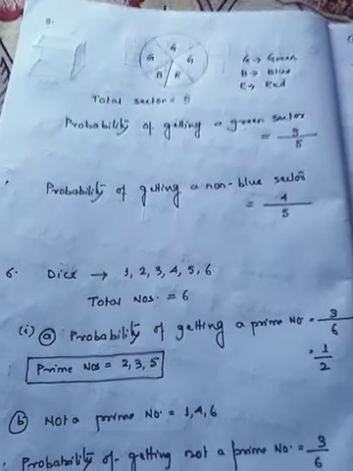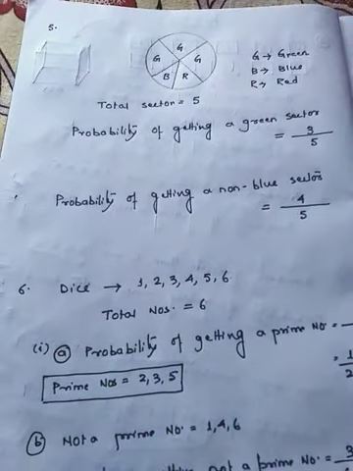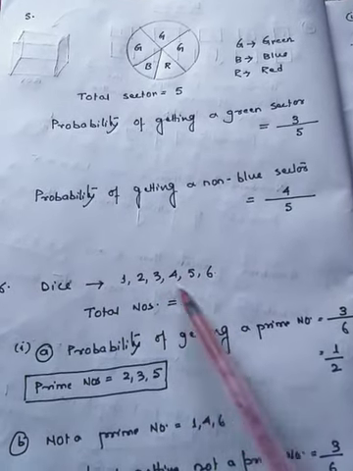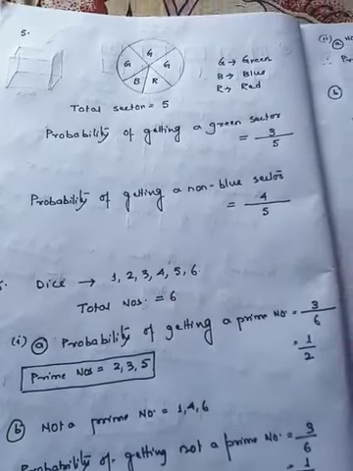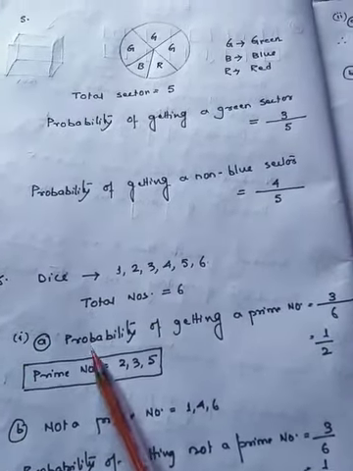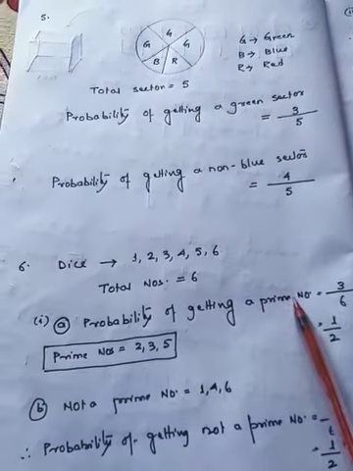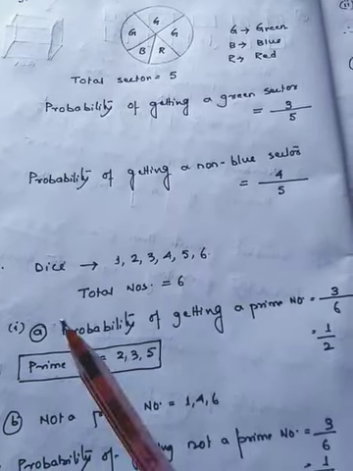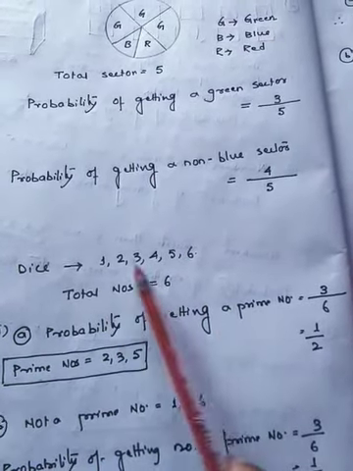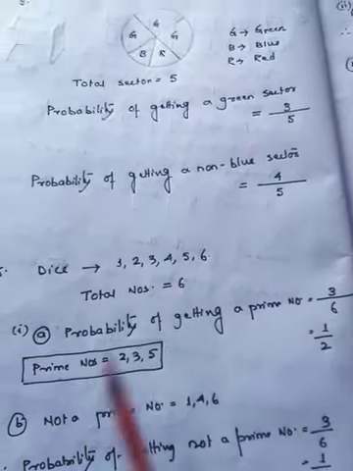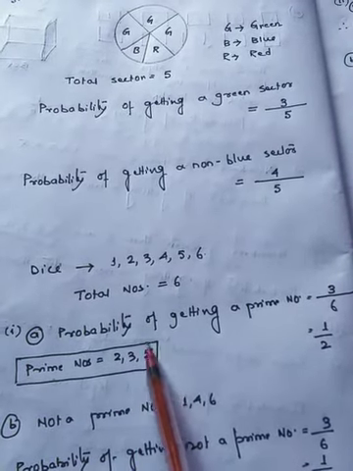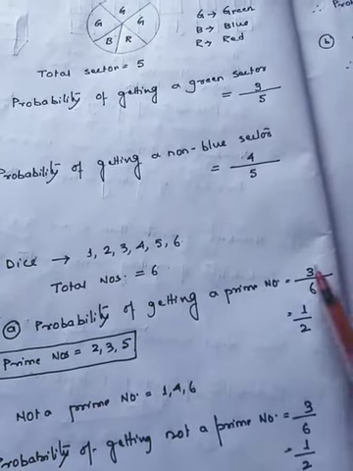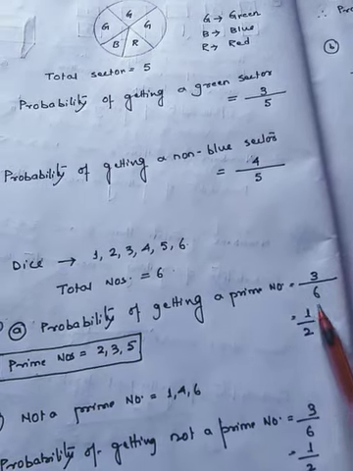Now question number 2 is entirely related to dice. As we know, in a dice there are 6 numbers, 1, 2, 3, 4, 5, 6. So total numbers is how much? 6 numbers are there. So I have written total numbers is 6. Now out of 6, the first question they have asked: what will be the probability of getting a prime number? First of all we have to write, among these numbers 1, 2, 3, 4, 5, 6, which are the prime numbers? Prime numbers are 2, 3, 5. So how many prime numbers are there? 3. So out of 6, 3 upon 6. You have to reduce this. After reducing, you will get the answer as 1 by 2.